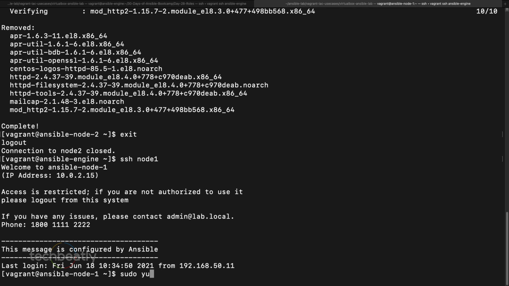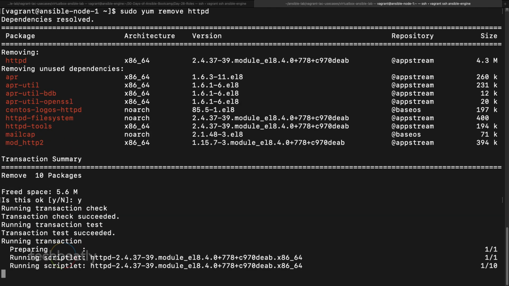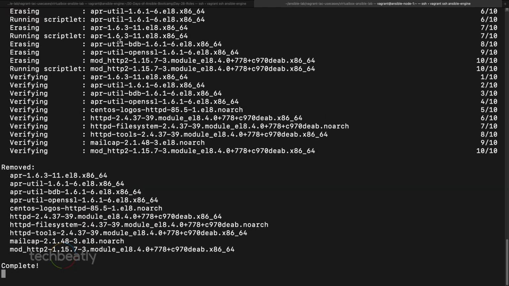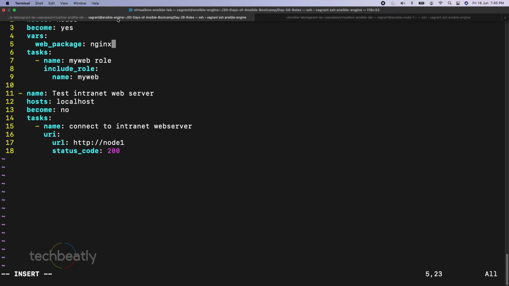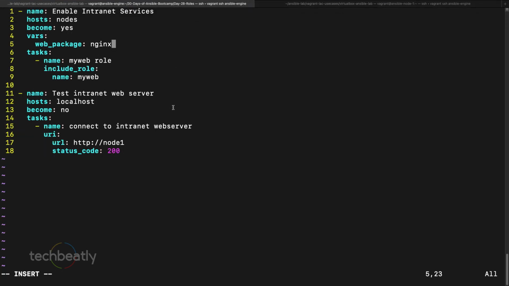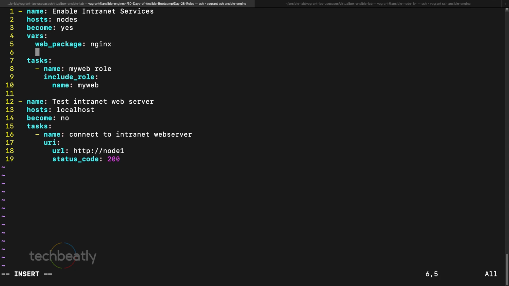Sudo yum remove. You can use Ansible, but I forgot that one. HTTPD. So we don't have HTTPD installed on both, so the port is free now. Otherwise, it will show an error when you start Nginx. So I use web package and Nginx, but I want to put web_service, because right now we hard coded